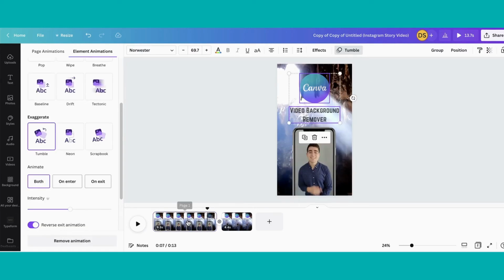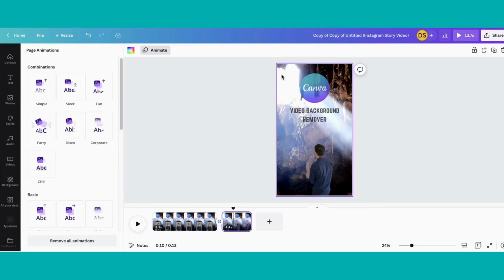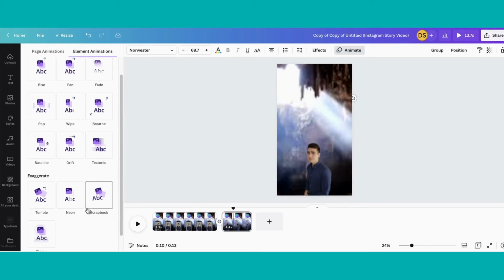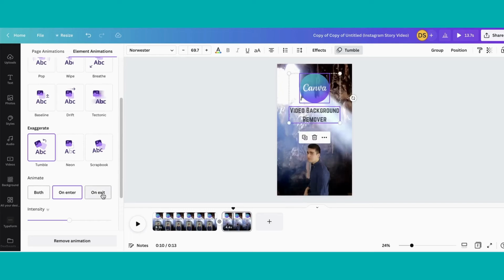If you want it to stay on to the next clip, then you'll only do on enter, like so. On enter, and then over here, you can have it for on exit. So you can have it go out however you want on exit, but I'm going to do the same tumble